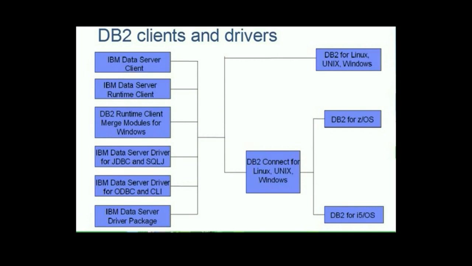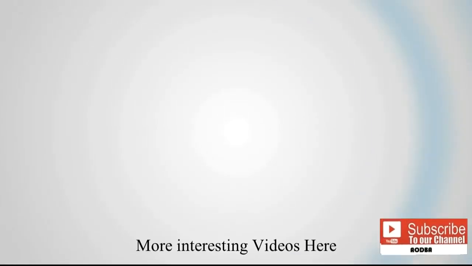On the right side of the chart, we have the DB2 servers, which were discussed on a previous video. The focus of this video series is on DB2 for Linux, Unix, and Windows. Therefore, the main connections from these clients are towards DB2 for Linux, Unix, and Windows. However, if you want to connect to DB2 servers on the mainframe, meaning DB2 for z/OS, and on mid-range servers, meaning DB2 for i5/OS, you need to purchase a software called